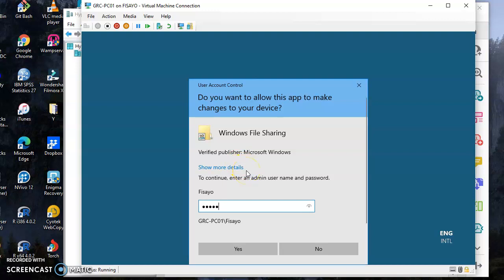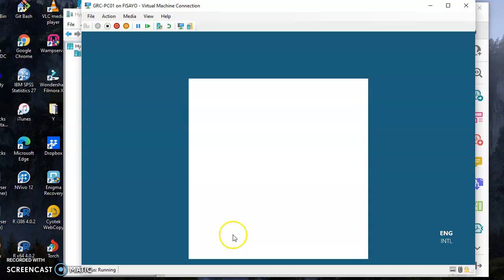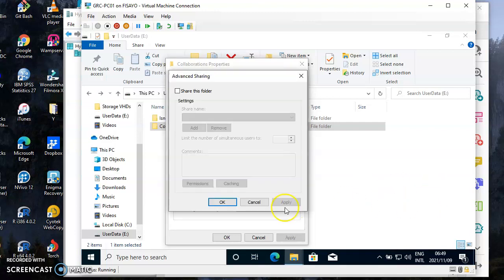Remember, the reason why you get this type of prompt is if you've added the local security policy. Just enter your password, the one that you used to log in, if you get that prompt. So the next thing to do is click on share this folder. The name is collaborations. It says limit the number of simultaneous users to 20. Remember, we have 5 user accounts on PC1, 5 on PC2 that should be able to have access to it, so 20 is okay. Now go into your permissions here,